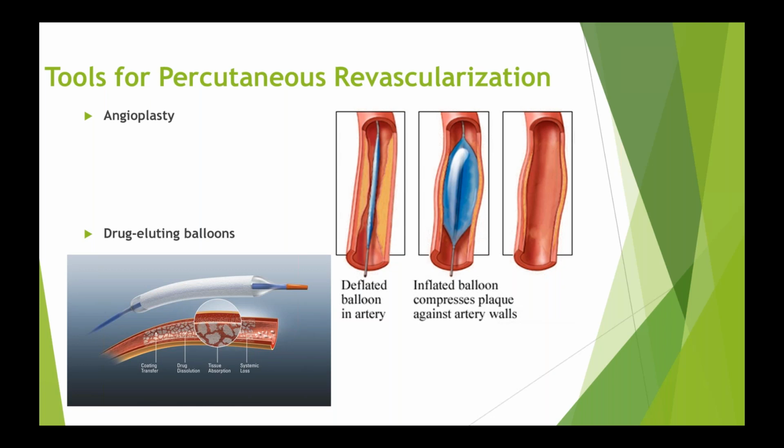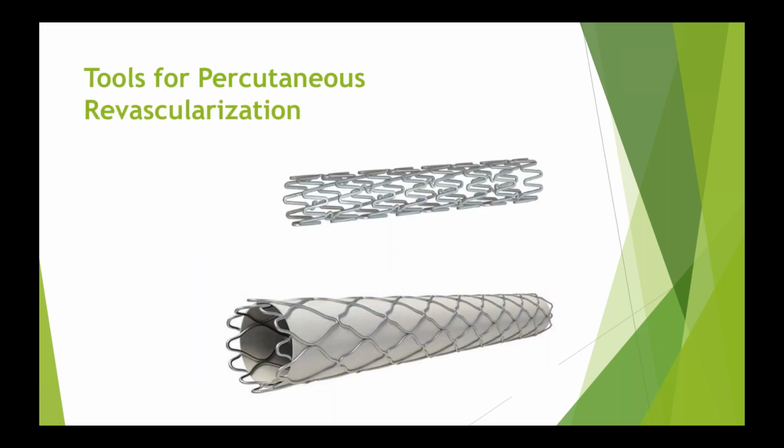There are a number of different medical therapies which are designed to prevent restenosis, and one of them is paclitaxel, which has been shown to improve the outcomes. A local delivery of paclitaxel was initially studied in coronary artery disease and subsequently has been used for PADs in the extremities. Another tool that we use is the stents.